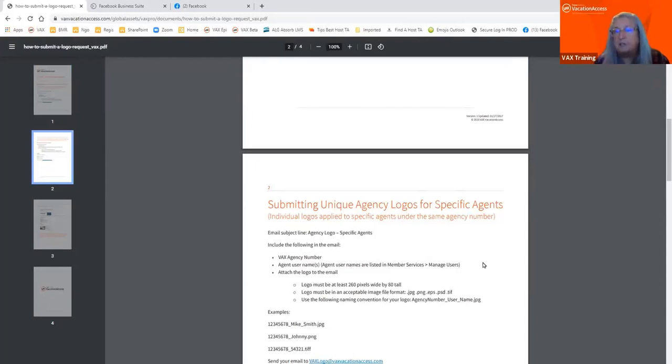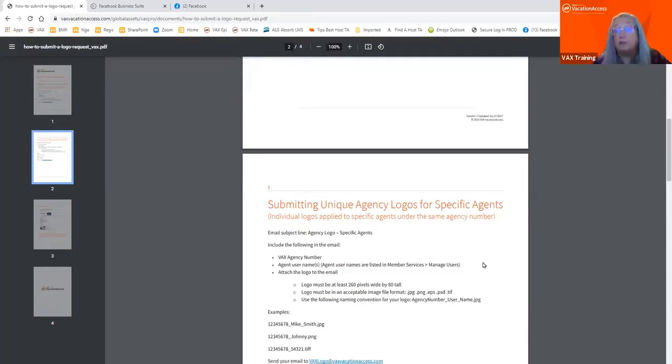Cruise One and Dream Vacations is an example that I think of. Many under that one login for that agency can choose to have either Cruise One as their logo, or they can choose to have Dream Vacations.